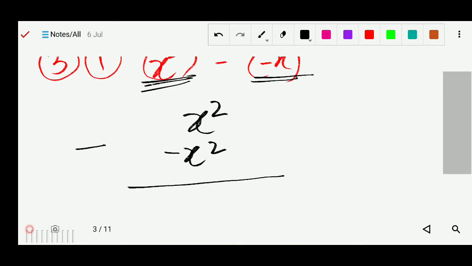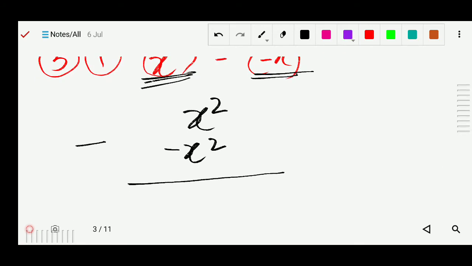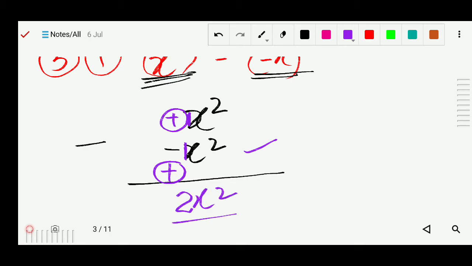So when we subtract these two, first of all the sign of the subtrahend part will change, so this minus became now plus. Okay, and here is already plus, no sign, it means there is a plus sign. So now plus plus, it means there will be addition of these two, so it will be 2, nothing but there is a 1, and also here is a 1, so that will be 2x square. So your answer is plus 2x square. Got it? Your answer will be plus 2x square.